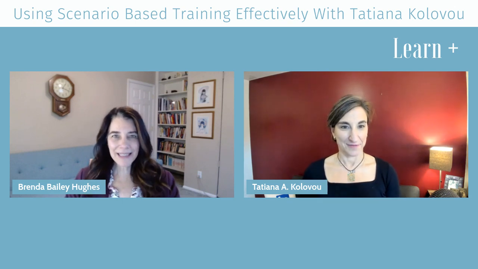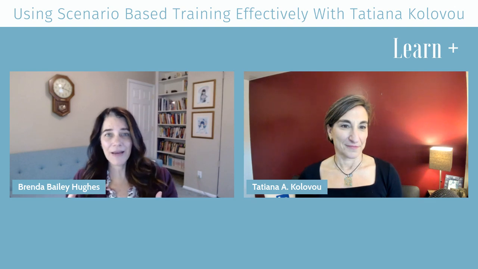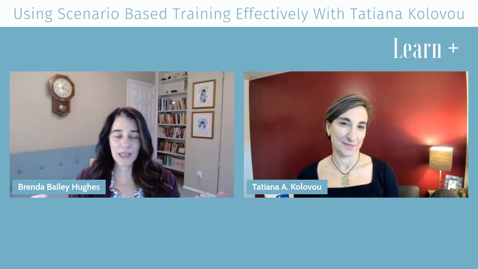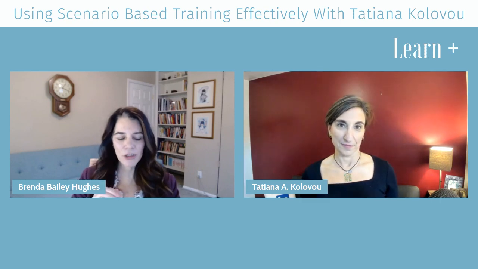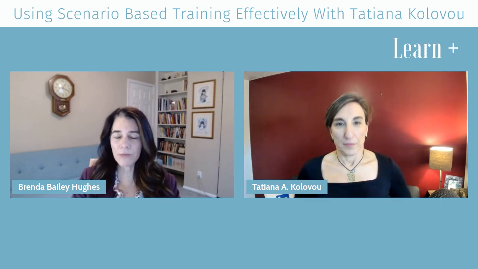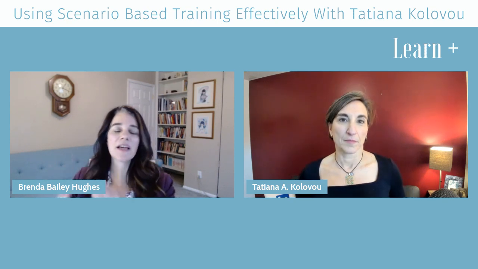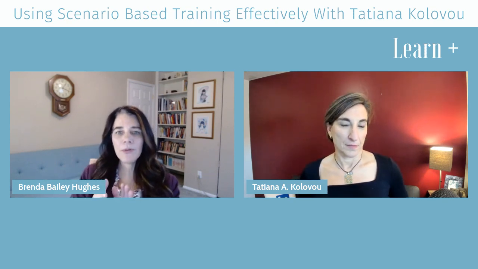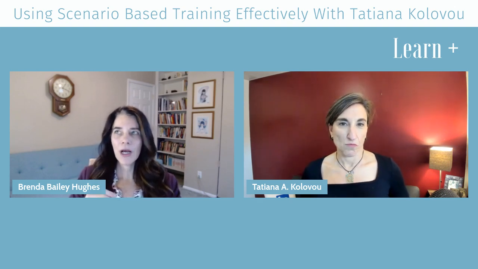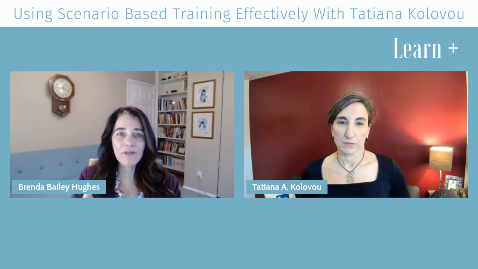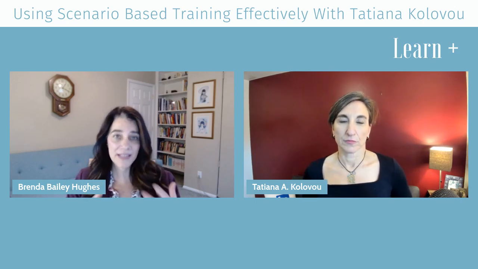So we've got some talent that's agreed to play. Now we have to decide how much we're giving them. Do we actually script, or do we just give them some talking points? What we have found to work best is, as Tatiana mentioned earlier, we start with the learning outcomes. So if we know that at the end of this video and the discussion related to the video, we want people to be able to clarify a question. We want people to be able to say no with tact and diplomacy.